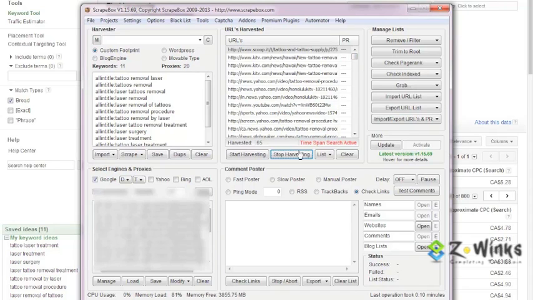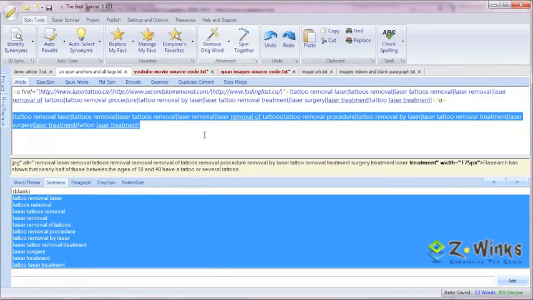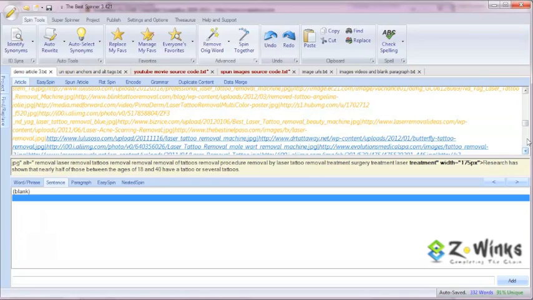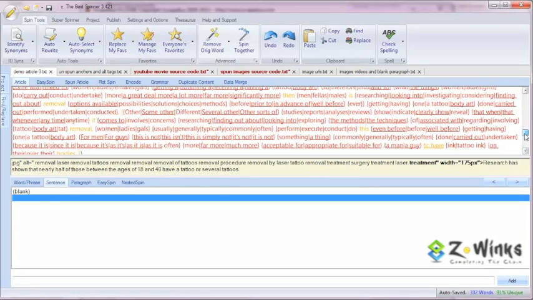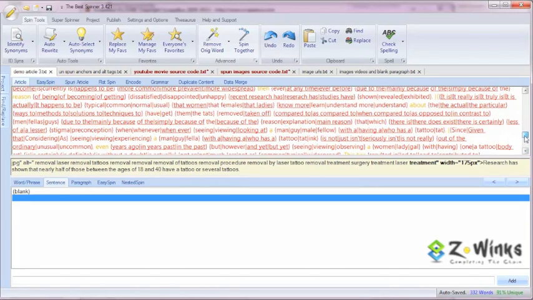You can copy those, bring them back into the best spinner, spin them all together like I did in this part here with your URLs and your anchor tags, and then go back into your article, find an appropriate place within the article using those anchor tags or LSI keywords,